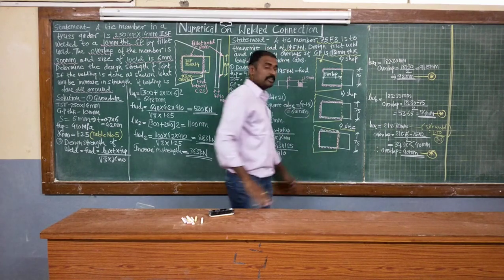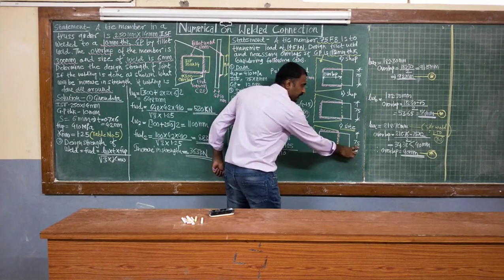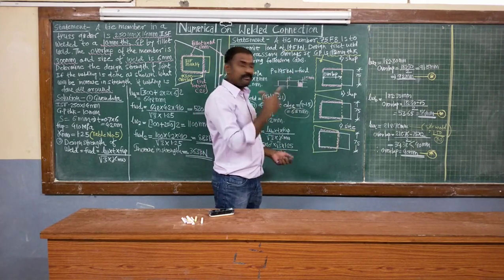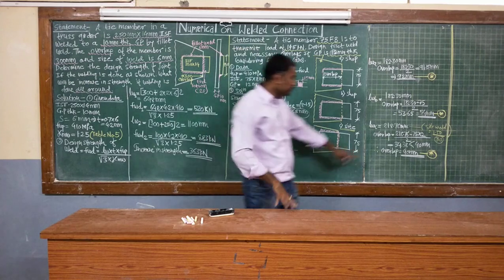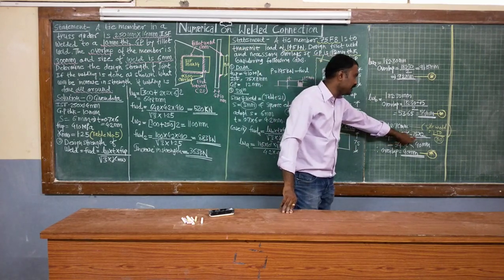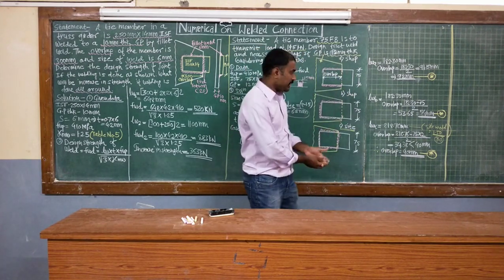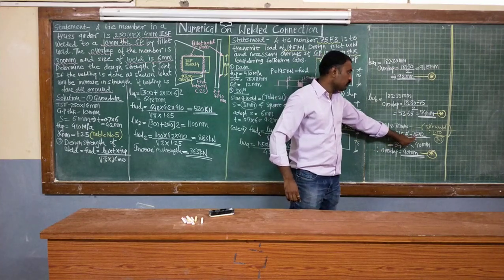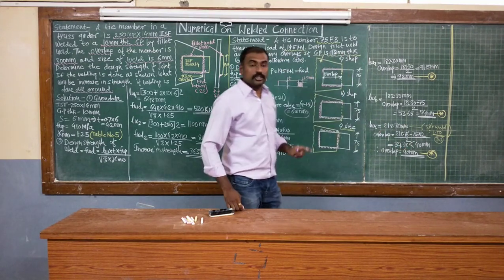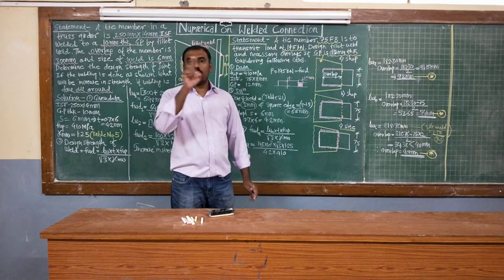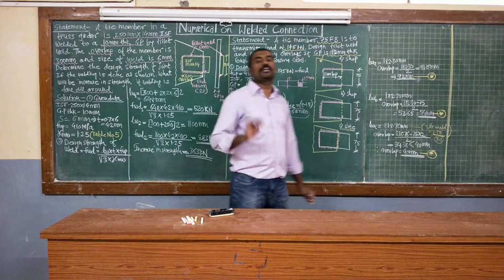Now from figure you can see that for third condition initially welding will be provided at these 2 vertical edges and that value is 75. So as in case number 2 you have deducted only once 75, here you have to deduct that 75 twice. So it will be 218.76 minus 75 into 2. And the remaining value will be divided on either side, so that will be here and here. So I am writing 218.76 minus 150, that is 75 into 2, divided by 2, we will be getting answer 34.38. Correct? So for third condition, when the welding is provided from all around or all the 4 edges, your length of welding required or overlap required is only 34 mm.